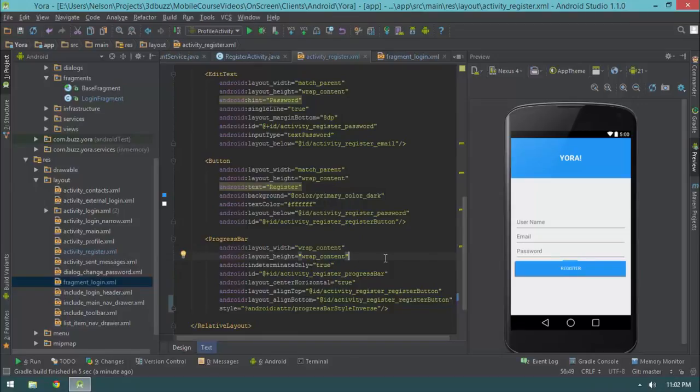Anyway, I think that's really about it for logging in and registering. Of course, we haven't dealt with our external login register yet, but we will when we get to that in the actual app when we're working with live stuff. So I guess we'll see you guys next